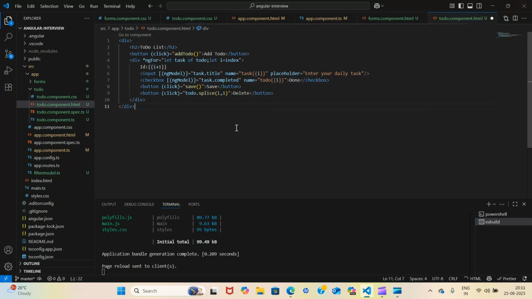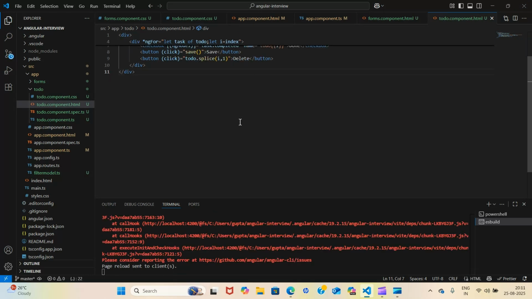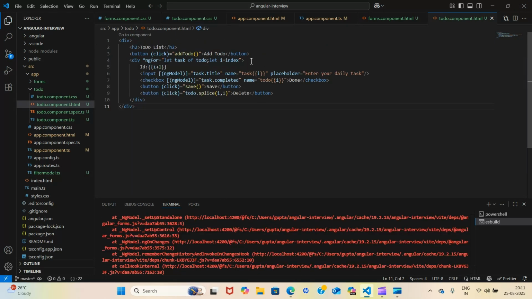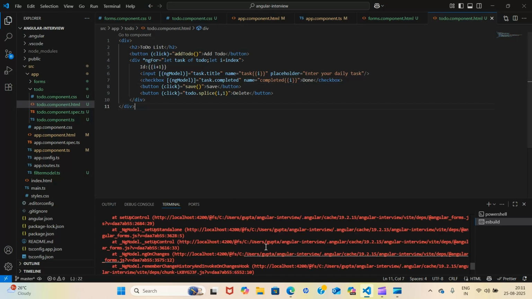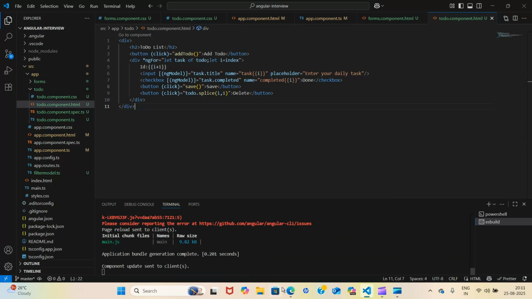Okay, this name is required. It is required because it wants you to provide something unique. So I can write completed also. So yeah, now the error is gone.